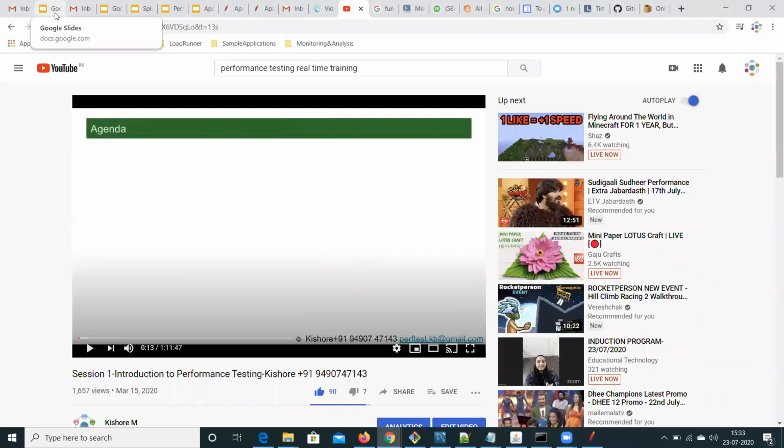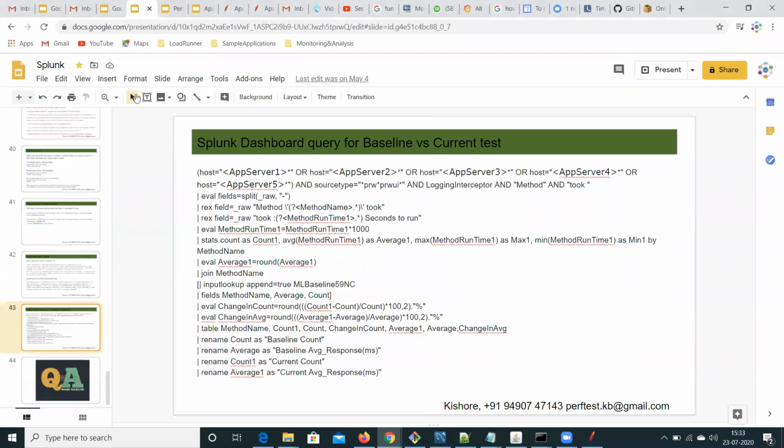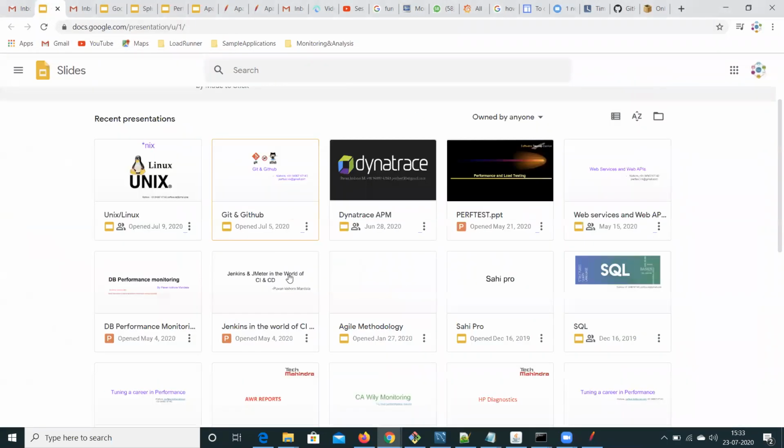We have interesting things lined up. Apart from Splunk, we do provide training on Dynatrace APM and Unix, Linux, Git and GitHub. And let me show you Jenkins and JMeter in the world of CI and CD, continuous integration and continuous deployment.